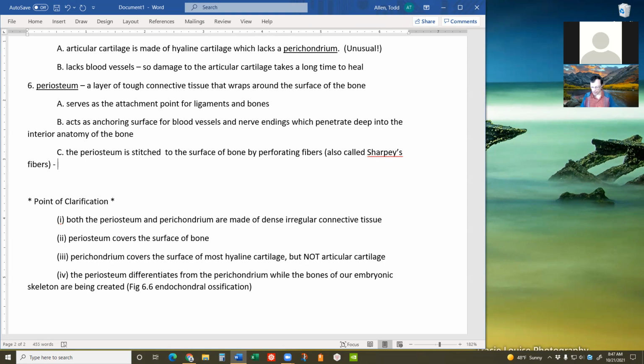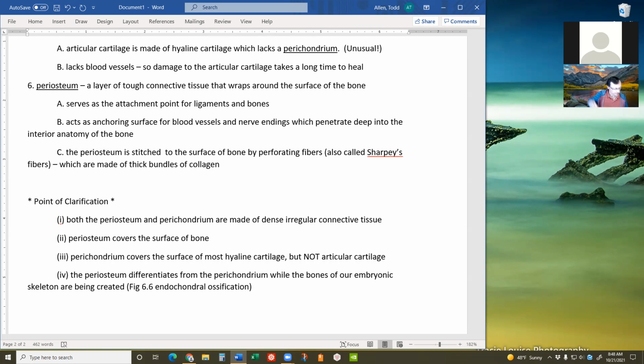Perforating fibers are simply very thick bundles of collagen. So this membrane is literally stitched to the surface of the bone with these perforating fibers made of collagen,